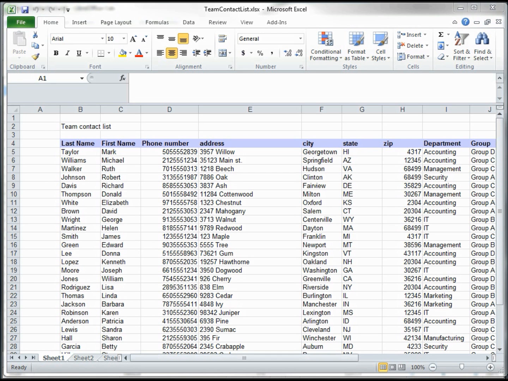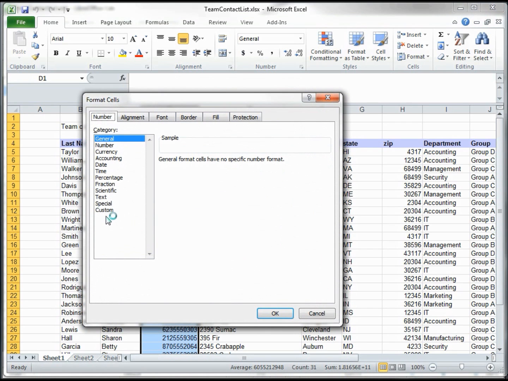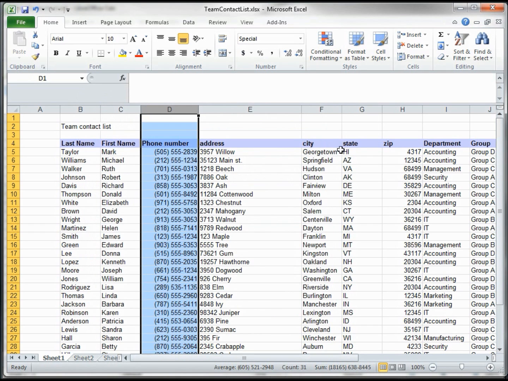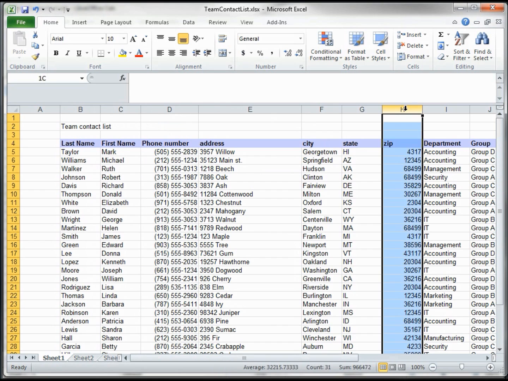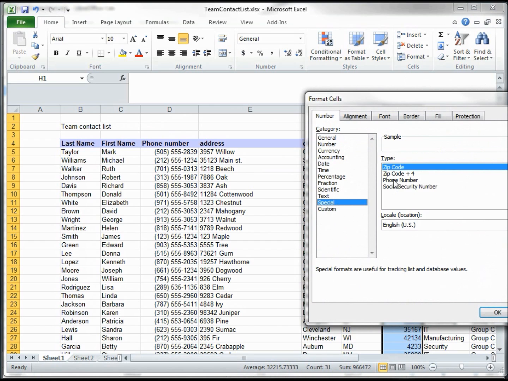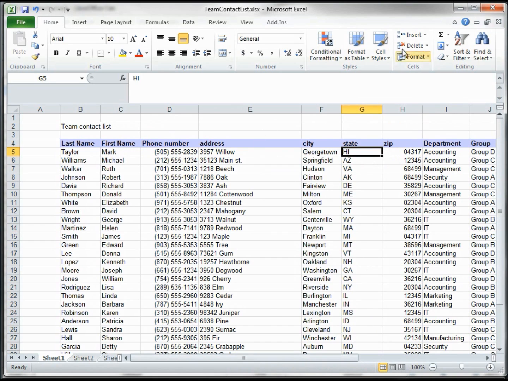The first thing we want to do is to reformat the phone number and the zip code. I'm in Excel just to show how they do it there, then we're going to do that in LibreOffice. I take this whole column, right click, format cells, and here they've got something called special, and phone number. So we click that and that's reformatted. Then we go over to the zip code, click format cells, special, and zip code. And it puts the 0 in front of that 4 there. So that's how we do it in Excel.